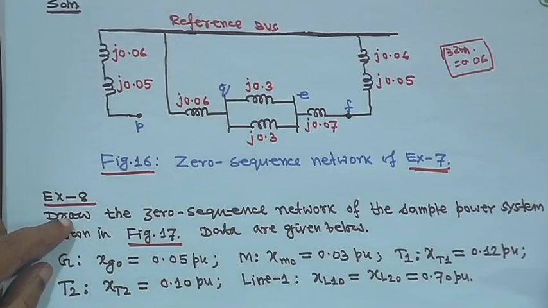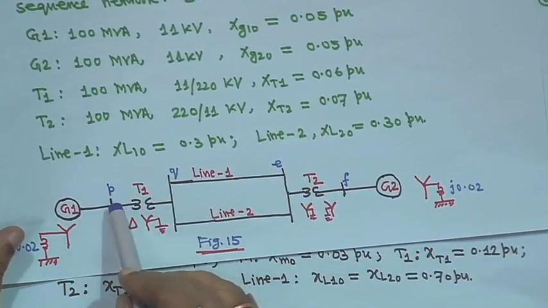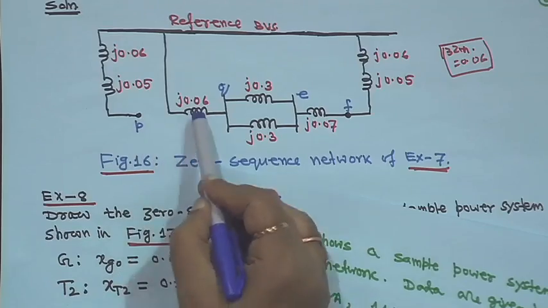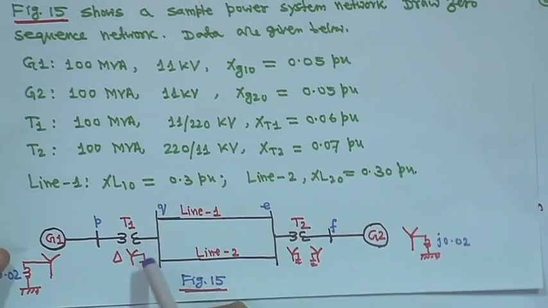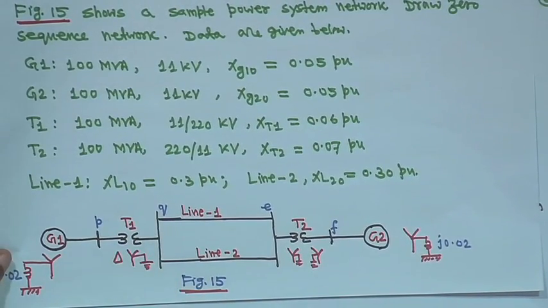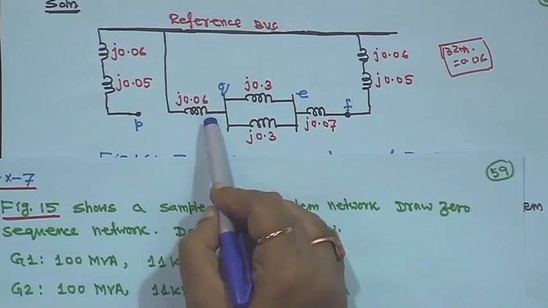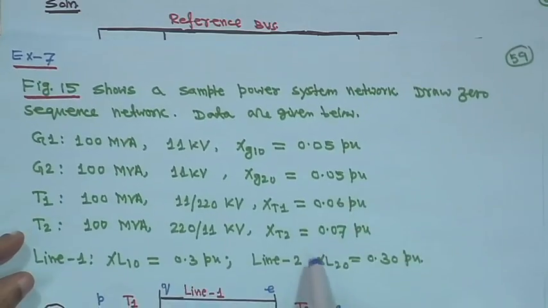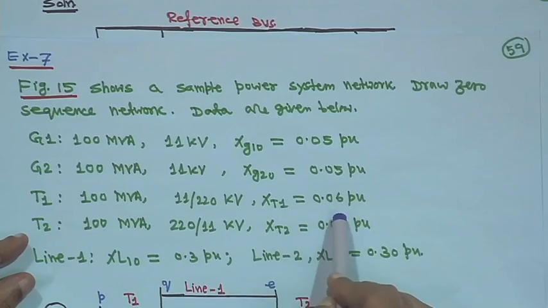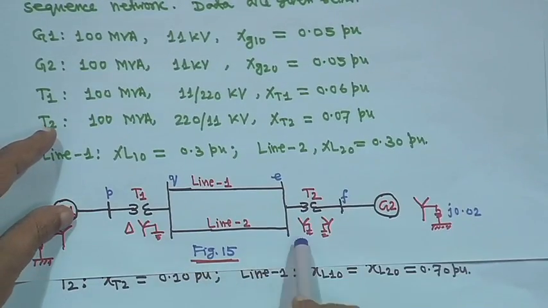Next is the transformer. Point P is open, and after that you consider the transformer side. It is delta star, so XT1 is given as j0.06 for transformer 1, and as both sides are grounded,